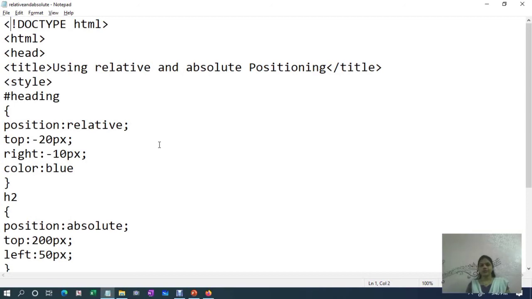For absolute positioning you can use again the same properties, top, left, right and bottom, and your element will get positioned based on the top left corner of your screen. In this way we can use a position property to set up our HTML element, our content, at a specific position on your screen. So try to write a program using all three types of positioning, that is fixed, absolute and relative positioning.